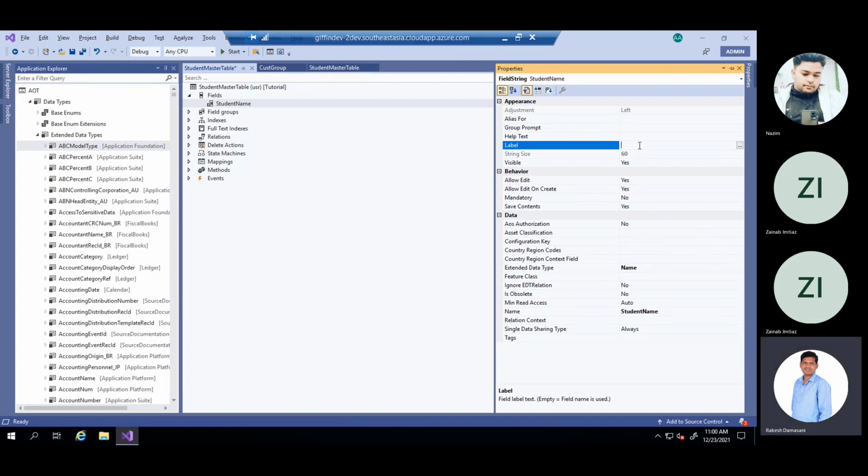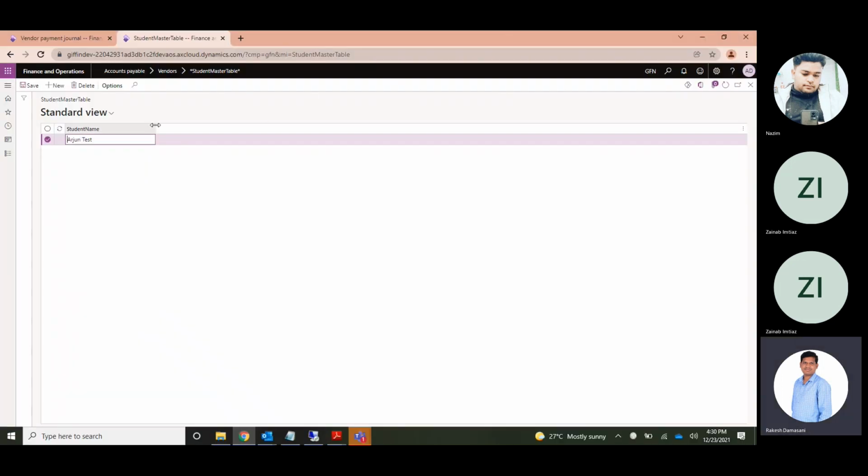And here the important property is label. So I put student name. I will say name of student. Currently here it says student name.